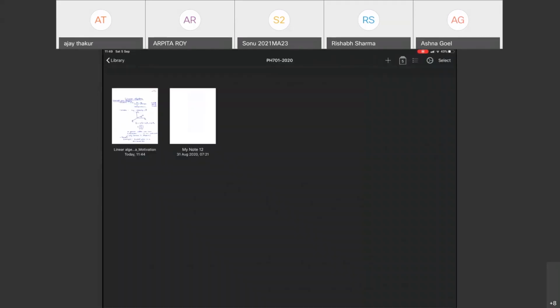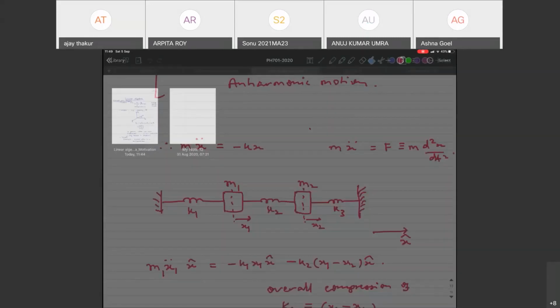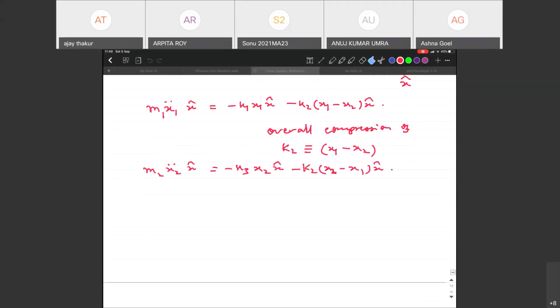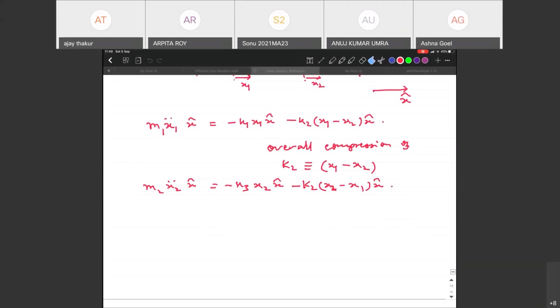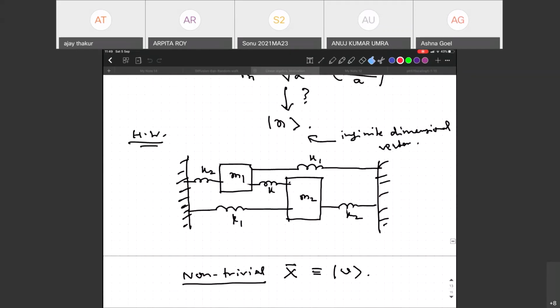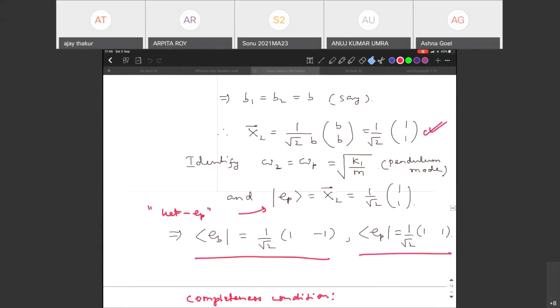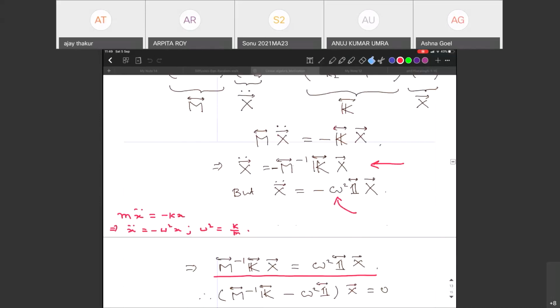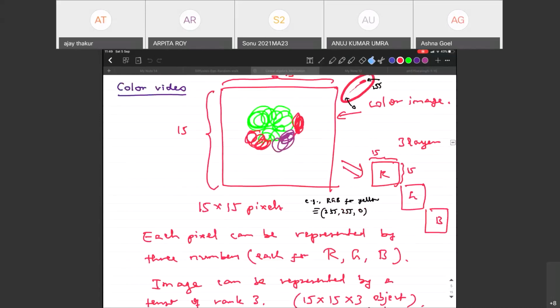Sir, I have one question. In the grid we have 2 colors, red and green, and the third color is a combination of these. Then what is the rank? No, that is the whole point. No combination. If you say combination, that means already RGB. So don't mistake it. RGB are the basis vectors, and any vector is a linear combination of them.